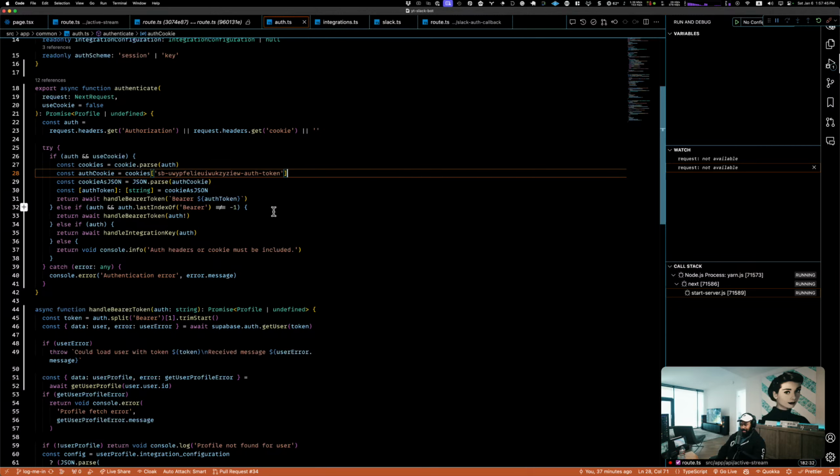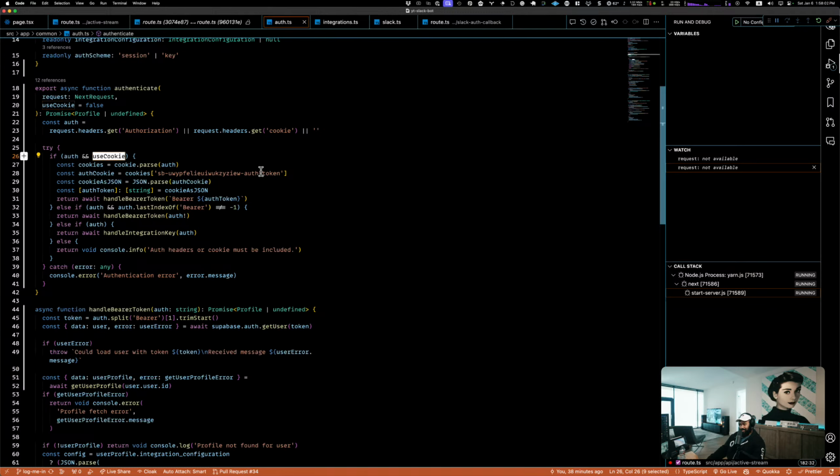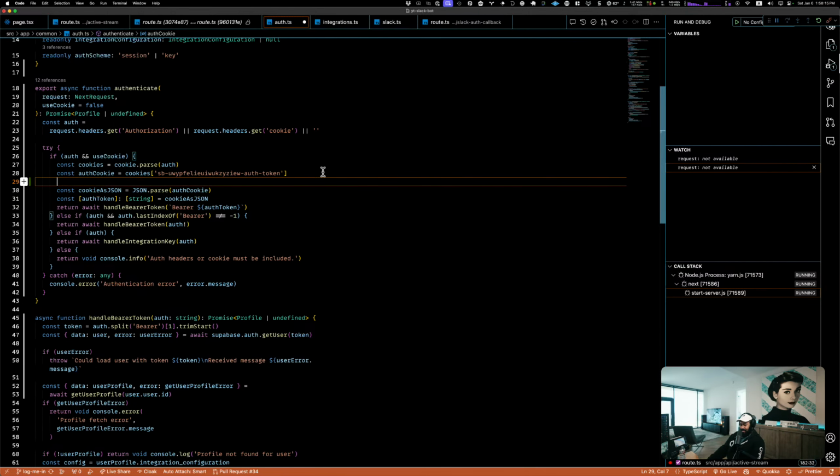And then I get to this handle bearer auth, and by the way, this trim start, you pass in an empty string, that should still work. But the rest of this can lead to weird errors. So what I should do instead is return early and be like, yo, you're using this cookie, but there is no cookie here. Right, so let's do that. There is auth, obviously, so it can be empty, but I do want to make sure that the auth cookie is a thing. It's hard coded for now. I'm not going to keep it hard coded. That was a lie. I'm going to keep it hard coded today.